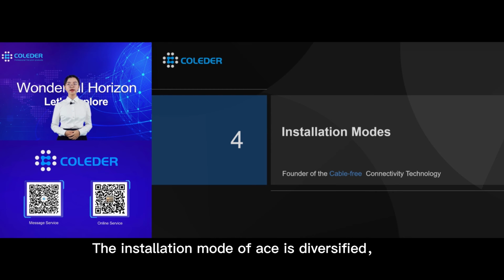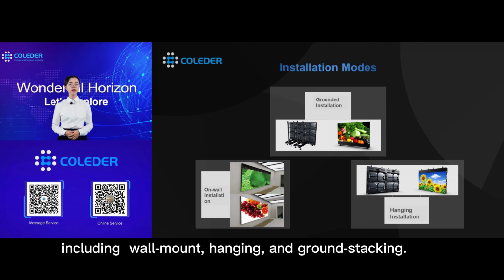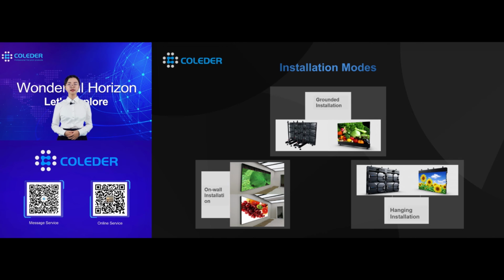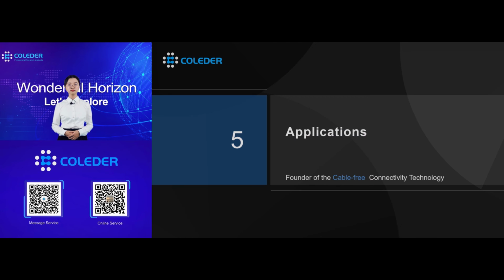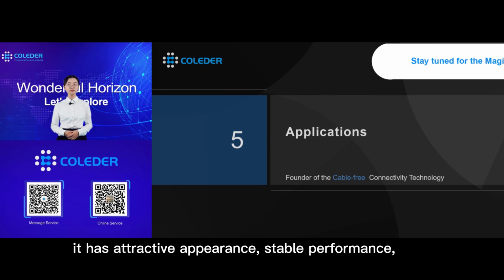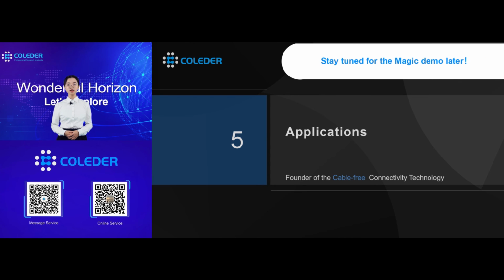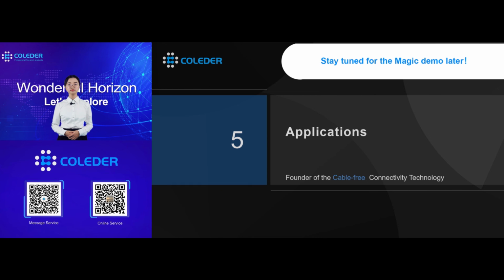The installation mode of ACE is diversified, including wall mount, hanging, and ground stacking, so it is suitable for different installation sites. The ACE series is a classic indoor full-color LED display with attractive appearance, stable performance, good flatness, and high resolution. It is widely used in different applications,